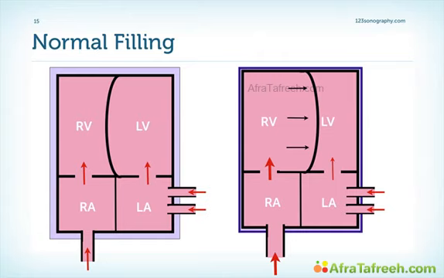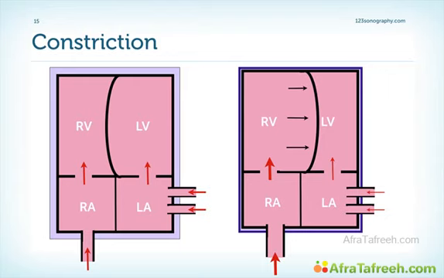Let us review what happens. Remember, during inspiration we have more flow to the right ventricle simply because there is suction caused by negative intrathoracic pressure. Normally, the right ventricle can expand to all sides, and normally we have fairly high pressures in the left ventricle because we have no impairment to filling of the left ventricle via the pulmonary veins. In tamponade, we have augmentation of venous return to the right heart during inspiration.